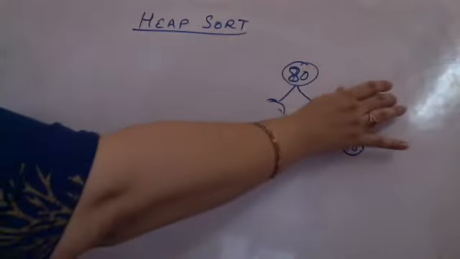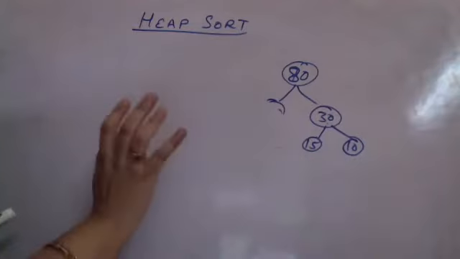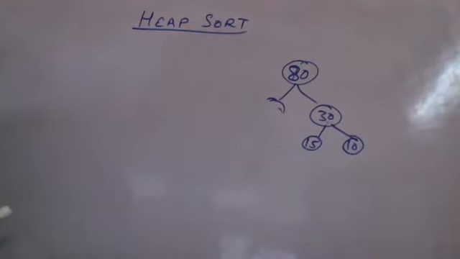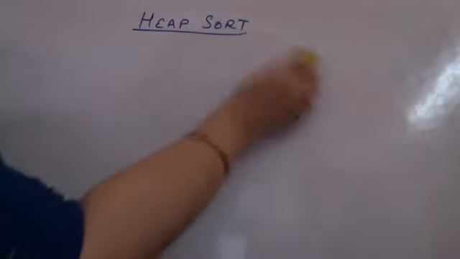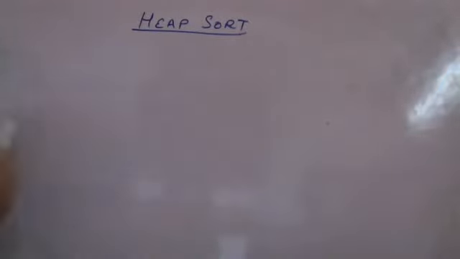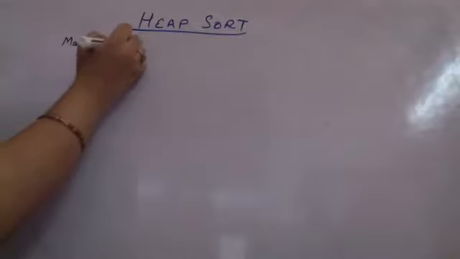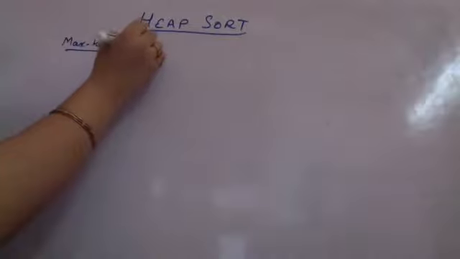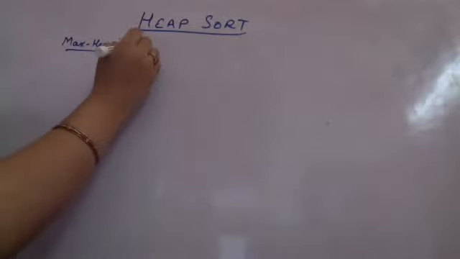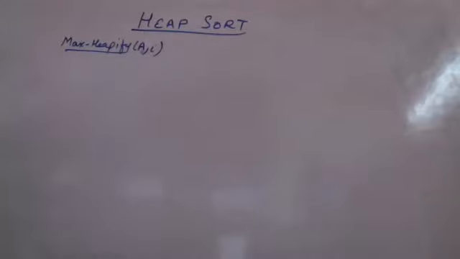80 को pick करा, उसे बाकी की दोबारा heap create कर दी, फिर topmost root को pick करा, फिर heap create कर दी. This is what heap sort is. Let us understand the procedure. I am first writing the procedure for max heapify. I am taking a list A and till I elements I need to heapify the list. It is going to look a bit difficult, but it is not, because we'll do few examples on heapify, so don't worry on that.